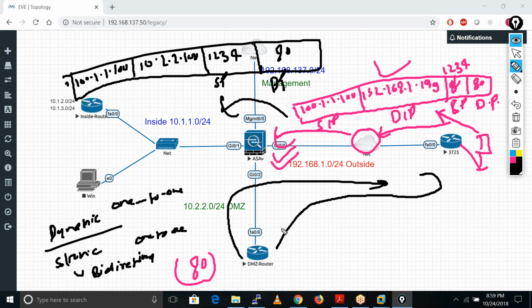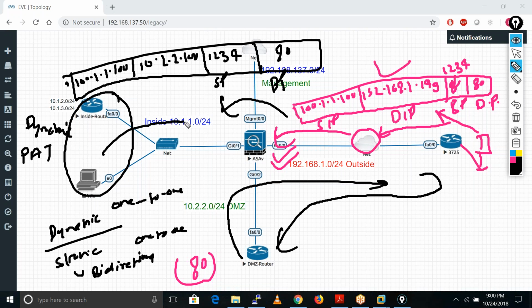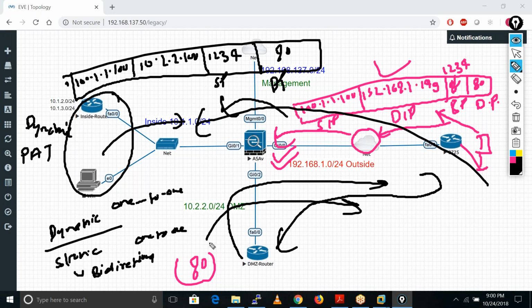receive the request from the outside. So bidirectional means we have a NAT for both the directions. You see, in dynamic NAT, what happens? We always initiate the traffic from the inside, right? We can't initiate the traffic from outside. But with static NAT it's bidirectional. We can send the traffic from inside, that is the DMZ, to outside or outside to DMZ. Okay, that is the first main difference between static and dynamic NAT.